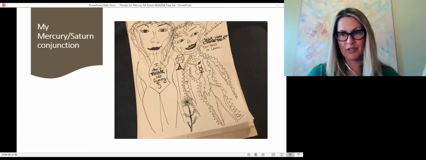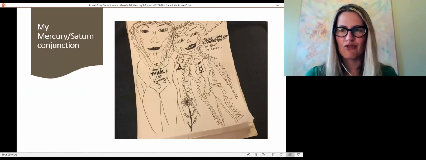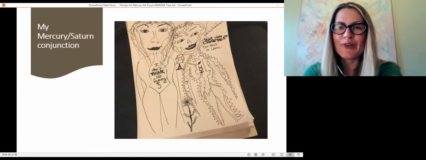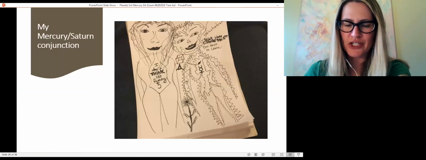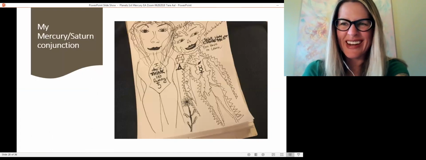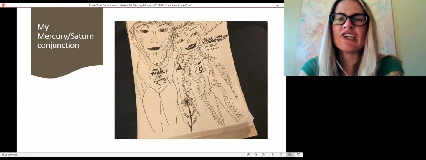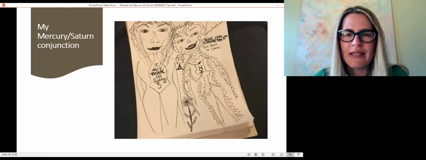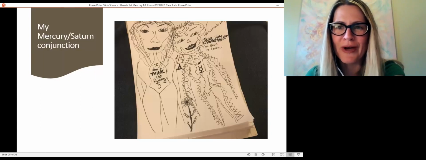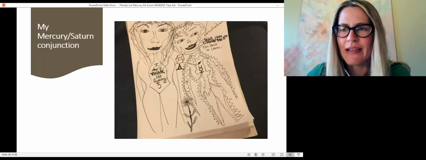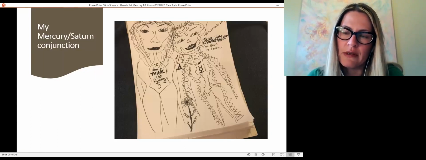Oh, here was an interesting one, so I will share this with you. I have a Mercury-Saturn conjunction, and this is one of my little drawings in my journal during it. I literally had this because, to me, when you choose a planet first, in some respects the conjunction doesn't go away, but you choose one, so it gets to say, okay, I'm taking the driver's seat here. So I literally had this interplay between my Saturn, saying I don't think it's funny, this is not the good way to go, and my Mercury in some ways laughing, which actually served me well, but it didn't feel good in every moment. It was a pull.